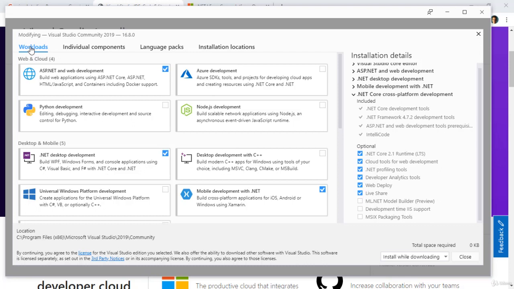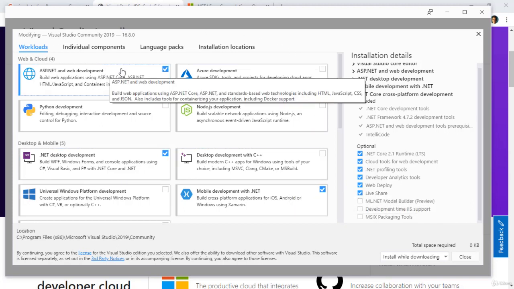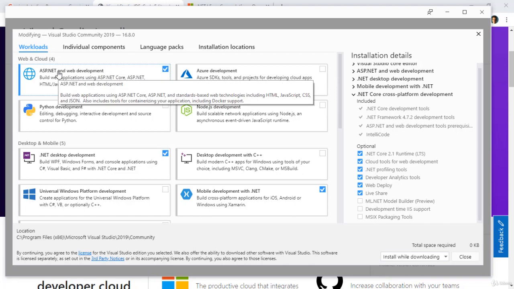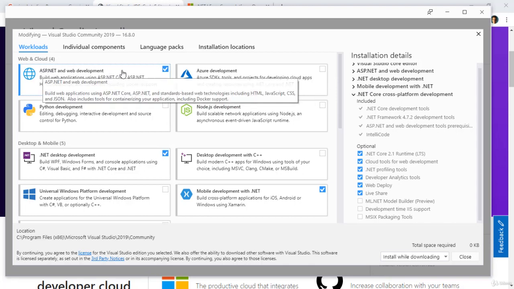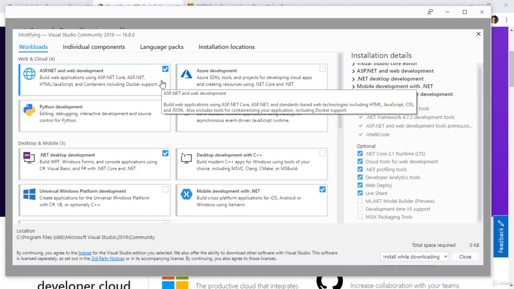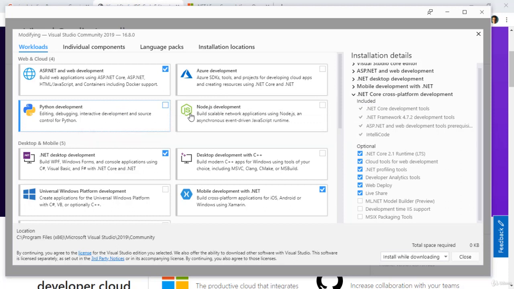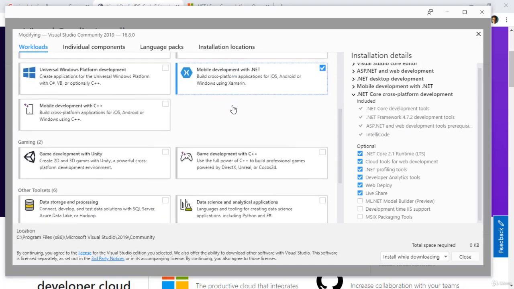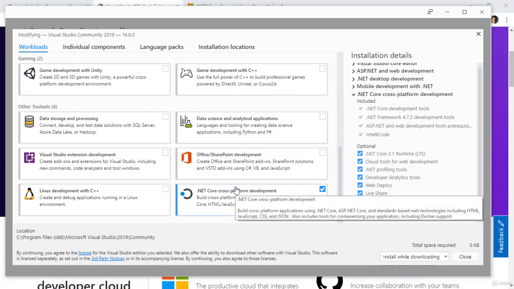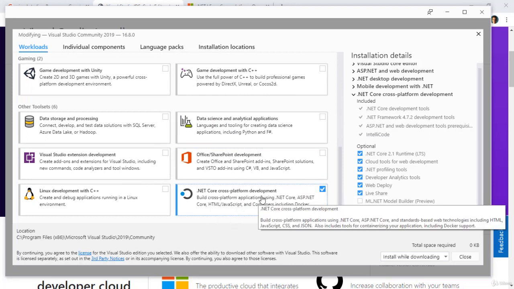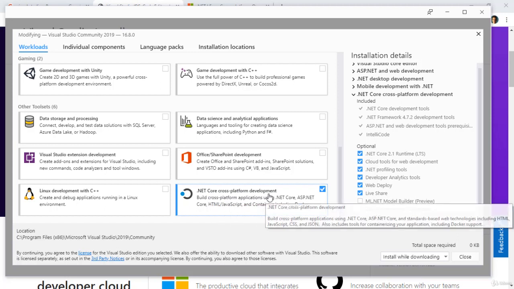If this is the first time you are installing Visual Studio, you will be presented with this page from the get-go. In your case, you need to install this workload, the ASP.NET and Web Development workload, which is going to allow you to use ASP.NET Core in development. Now, as you can see, you have several other workloads like Python or Node.js, and with these tools, you can use Visual Studio for example, for Node.js development. If you want to use .NET Core for building cross-platform applications, you can also select the .NET Core cross-platform development workload